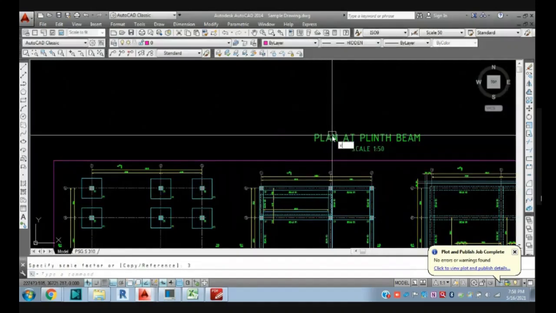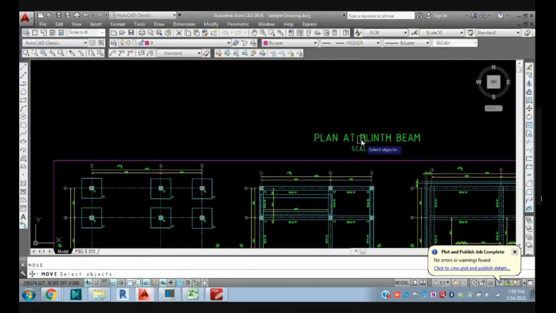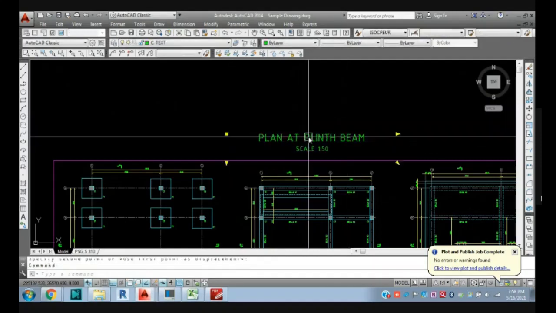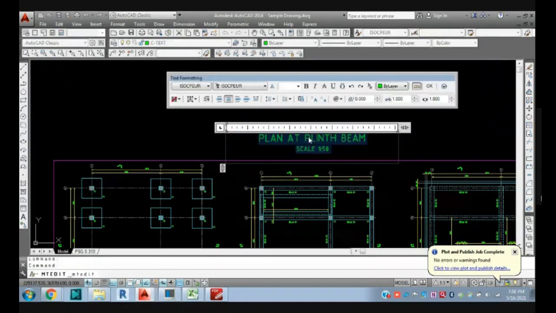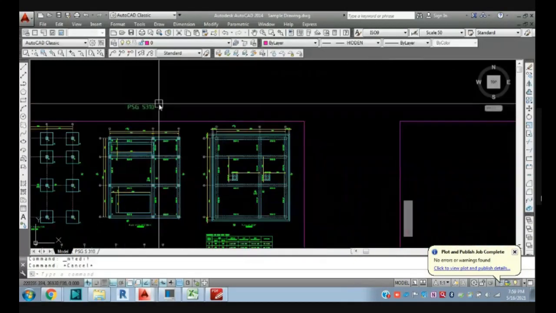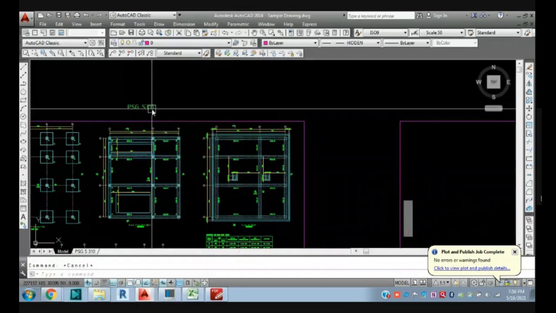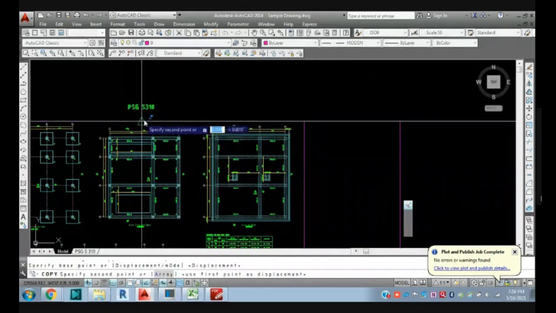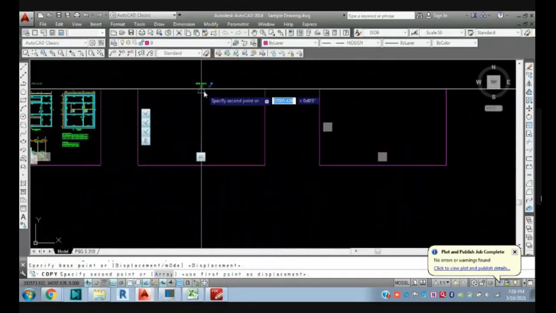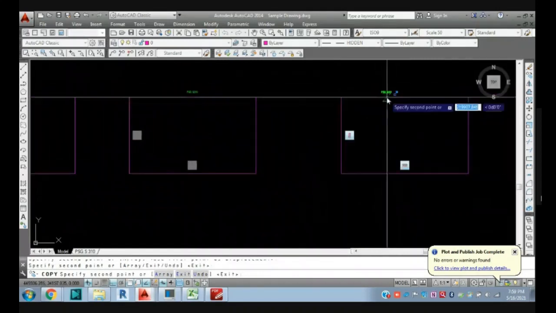If I move this here and double click, for our reference I will give PSG space 30. This is my drawing number, which I have added just for my reference. Whatever numbers of drawings you have drawn, just add them here.